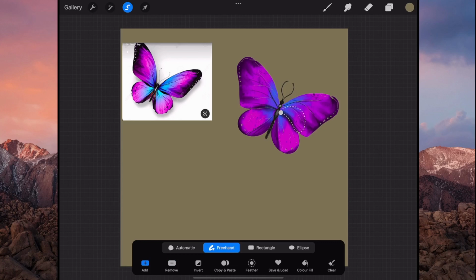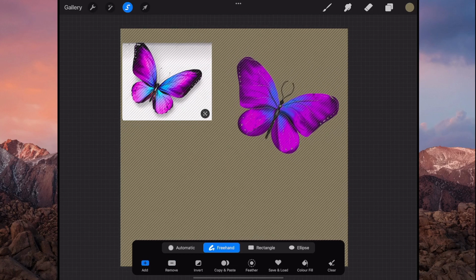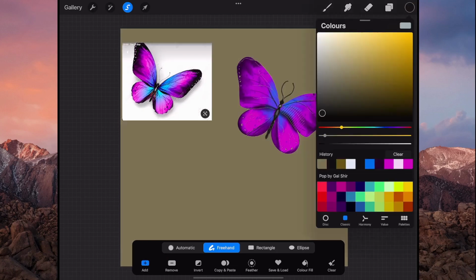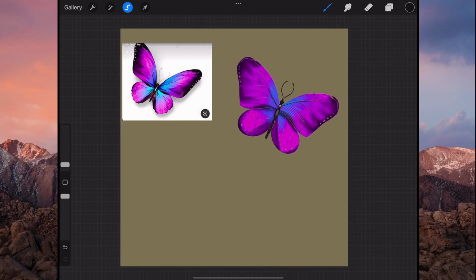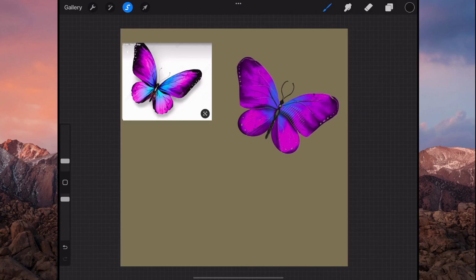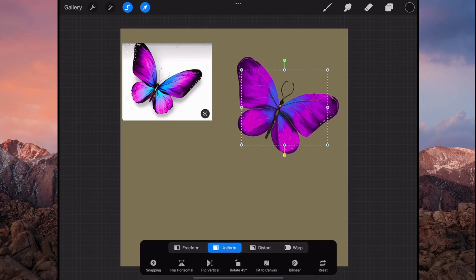We're supposed to push the plus there, and then we do this. So now I can invert that selection, then get a darker color, and I need a pen, something that's like a shade, and then shade that in where the edges are, like that, and then smudge it in on the outsides so that it gets a bit smudged there. And now when I let go,